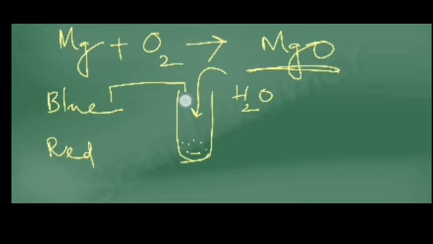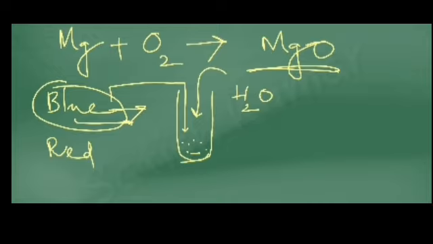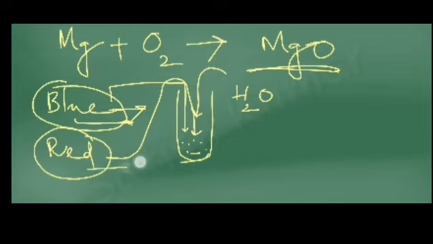When blue litmus paper is dipped in the test tube to touch the solution, there is no change in the color of the litmus paper, means blue remains as blue. When red litmus paper is dipped in the solution, this red litmus paper turns to blue. You have the knowledge about the litmus papers that red litmus turns to blue when it is kept in the